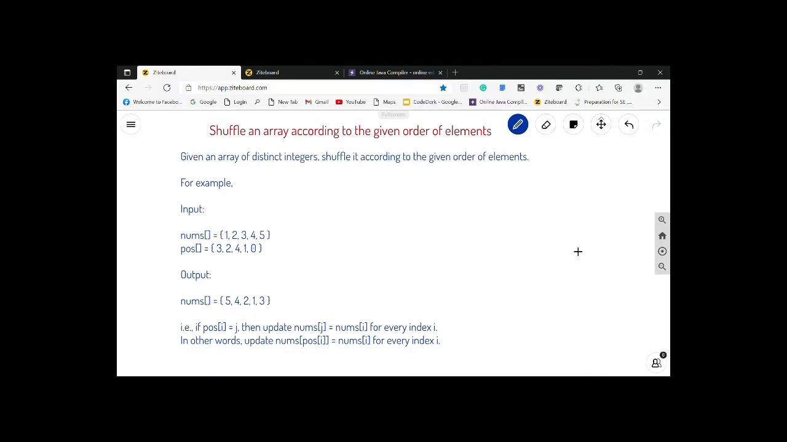Today again we are solving an interview problem asked in Amazon and Google. So the title says shuffle an array according to the given order of elements, and its description is given as: given an array of distinct integers, shuffle it according to the given order of elements. Like as we can see over here,